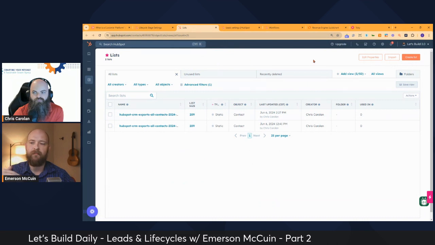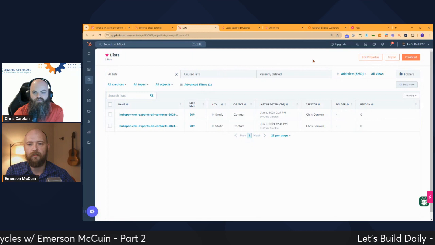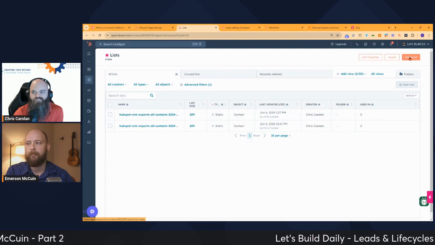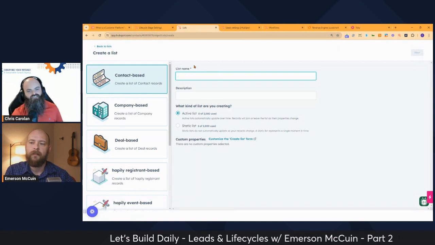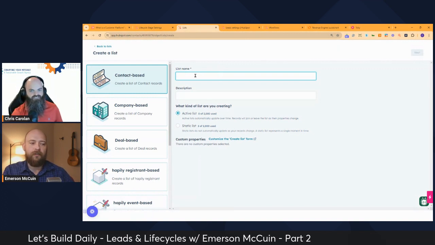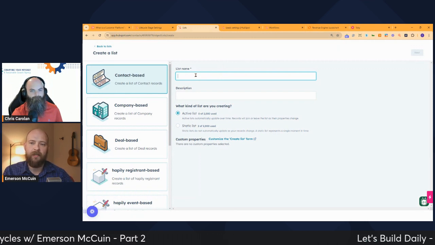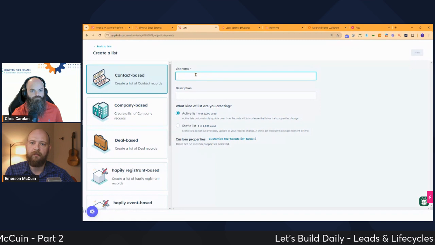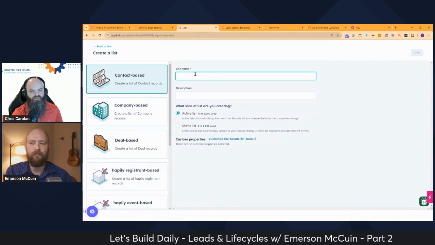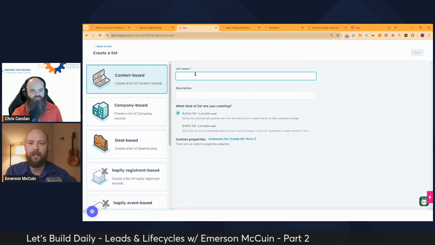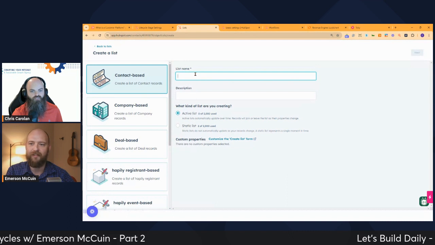And then once I'm confident with that, then I can turn on workflows that point to those lists for lifecycle stage enrollment. Okay, so let's create one of those lists. It's contact based. For us, I do contact based until they become a customer, because in our business, once we sell a company, that's it. There's no other departments we sell into. Some businesses may want to do strictly contact based, but for us, I do contact based up until customer, and then beyond it's company based.